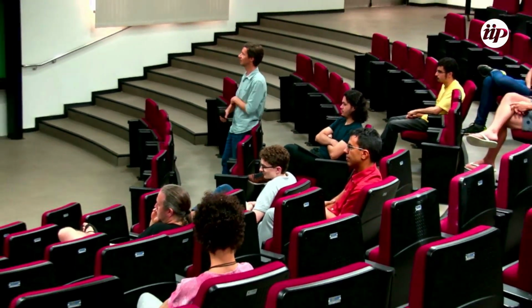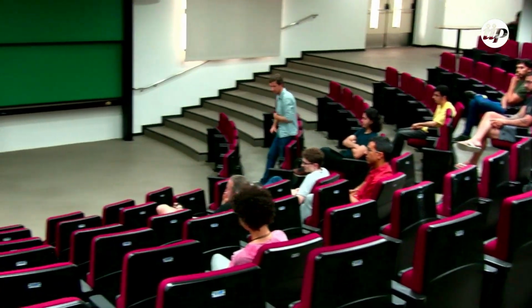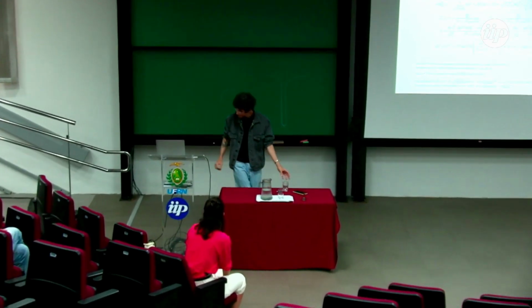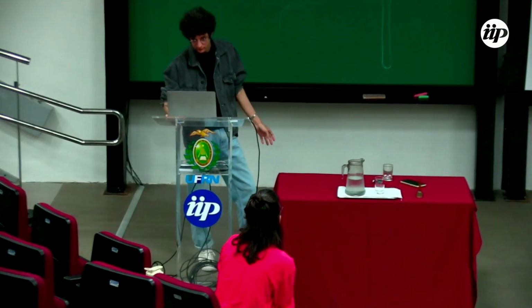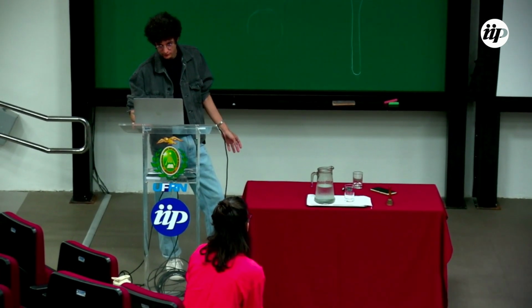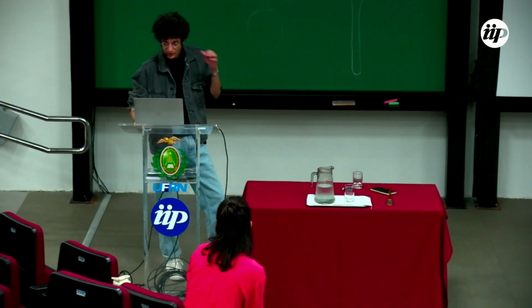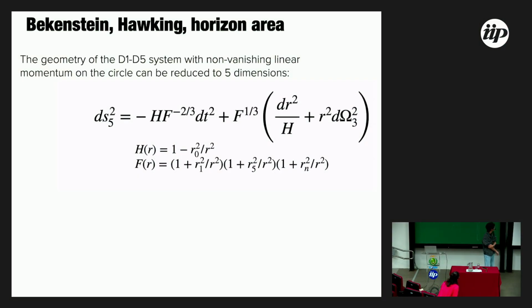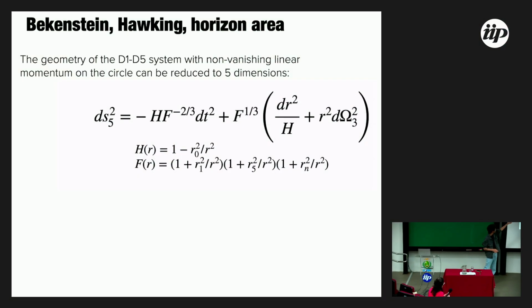When you were showing the line element for the D1, D5 system, at some point you reduce it to 5 dimensions. Here it is always 10-dimensional, but in the end I cheated. Can you elaborate a little bit on that? How do you do it? So this is 5 dimensions. This is cheating because, to find this,